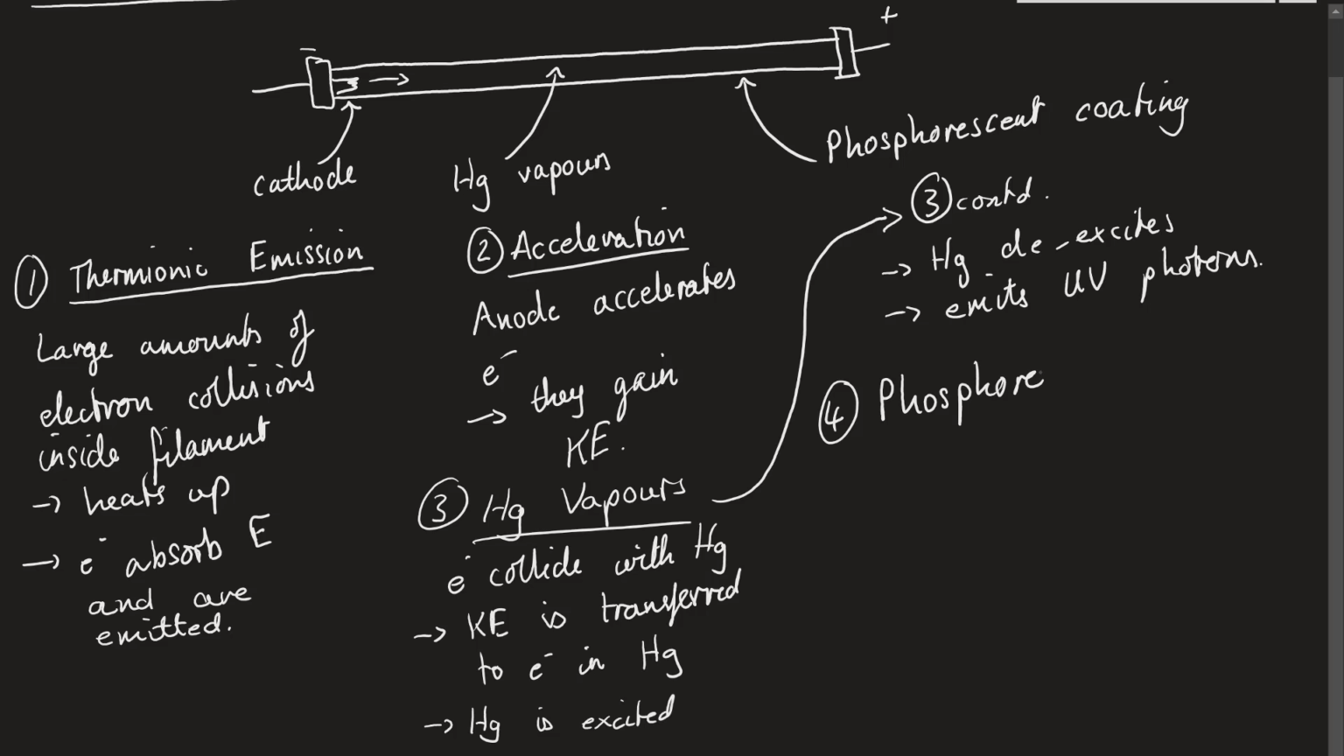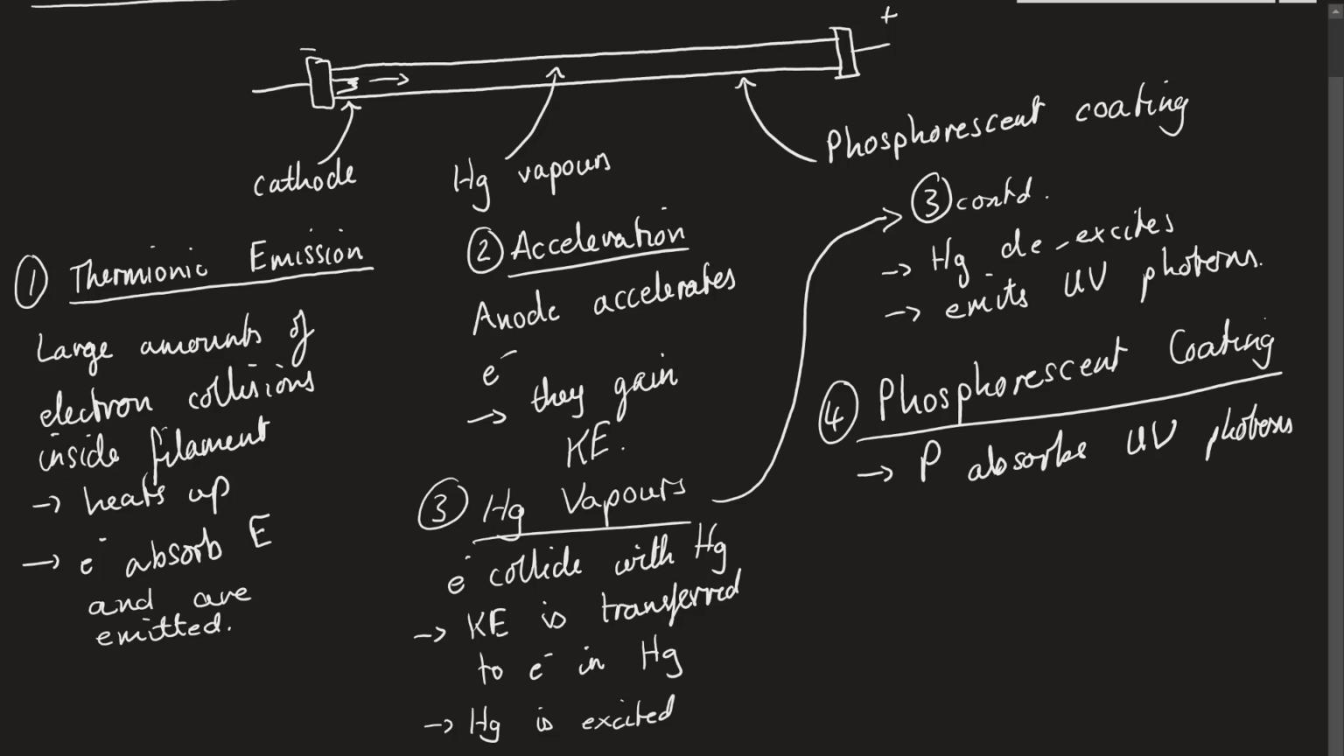So the phosphorescent coating, and what that is there for is to absorb those UV photons. So the phosphorus absorbs UV photons, and then obviously gets excited, and we want that to de-excite as well because it's not going to be very stable. But when phosphorus de-excites, the gaps between them are much smaller, and so it will do that. It will take in the whole UV energy, but it will then release it in smaller gaps, almost like in stages,